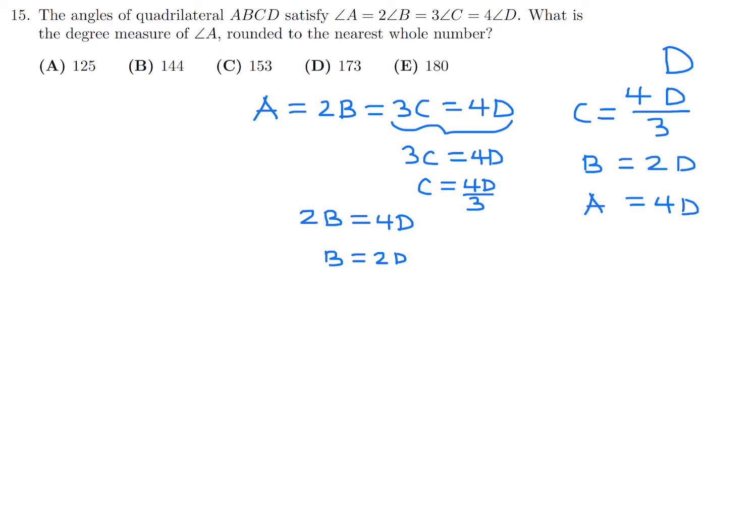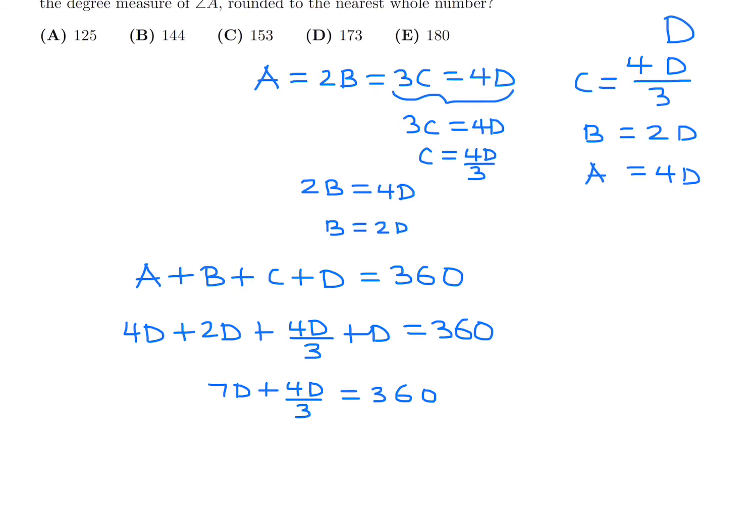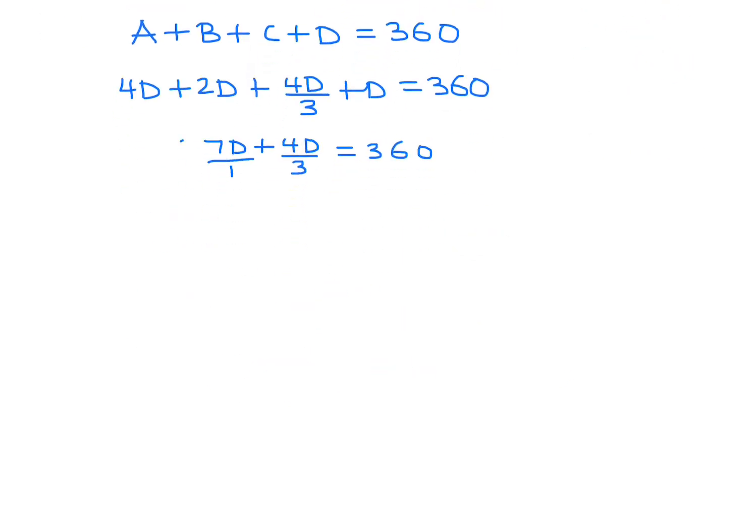Now, in any quadrilateral, the sum of the angles is 360. So that means A plus B plus C plus D is equal to 360. So sub in our values, we got 4D plus 2D plus 4D over 3 plus D is equal to 360. Adding this, we get 7D plus 4D over 3 is equal to 360. And that looks like, top and bottom by 3, 21 plus 4, 25D over 3 is equal to